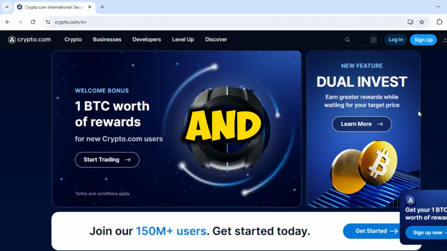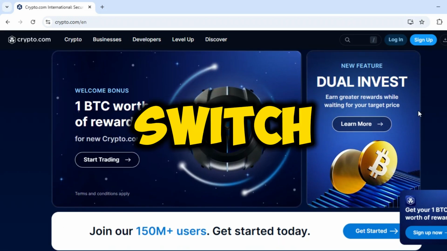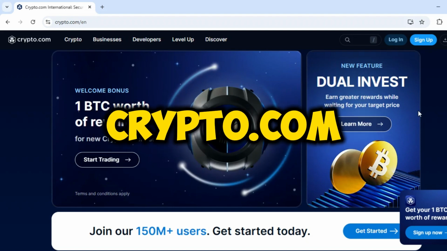Need to view prices and manage your crypto in a different currency? In this video, I'll show you exactly how to switch your display currency in the Crypto.com app to match your